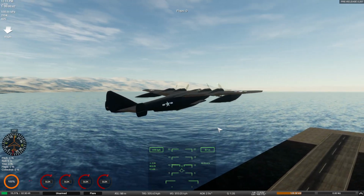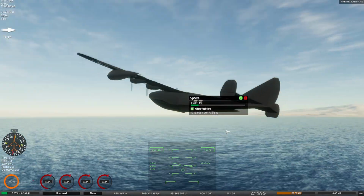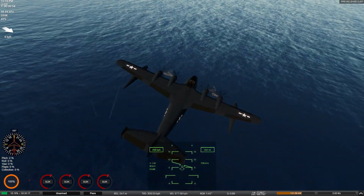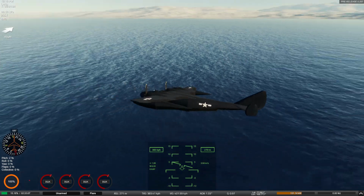We can retract these flaps in, and the plane works just as it did before. I have done a couple of visual changes, so you can see the fuselage is a little deeper. The wings are a little bit thinner, but also slightly longer. And then the tail and the engines are exactly the same, and it's got this nice kind of dark blue